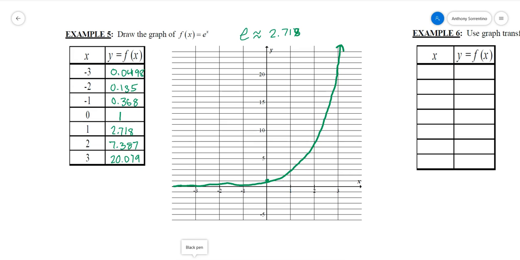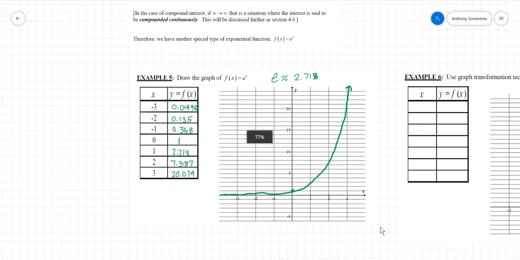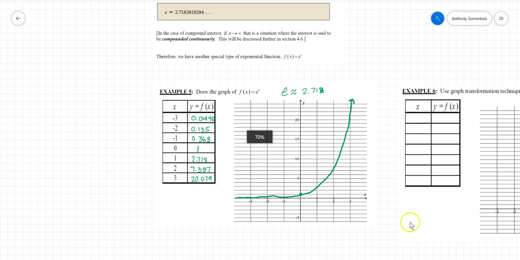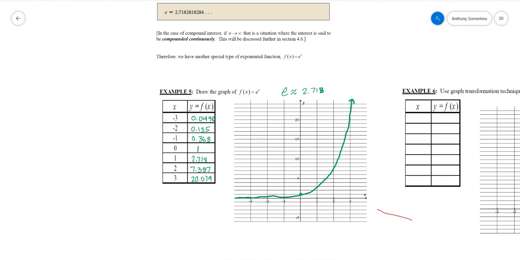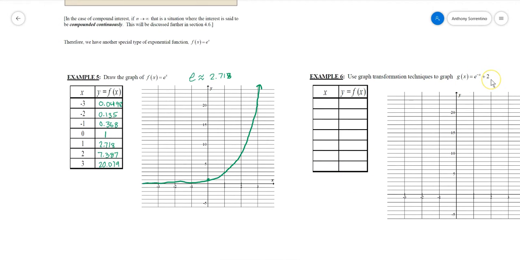And again, the reason why we did these graph transformation techniques is so that I know I'm not missing the important parts of this. Because if I have a graph that looks more like this one, e to the negative x plus 2, and I just start putting random x values in and seeing what's going on, I might focus on this part right here, and I might think, oh, it almost looks linear, and I think it's linear. I've had students make those kinds of conclusions before. That's why having an idea about graph transformation techniques becomes useful,